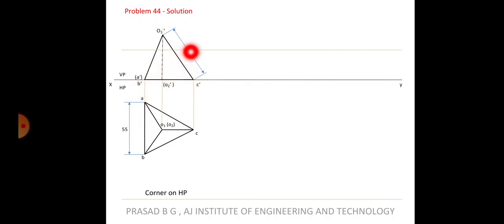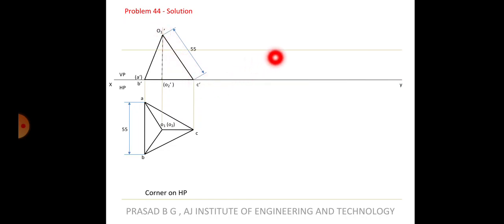So I will have to tilt it towards the right side, keeping C dash on the XY line. I have to keep C dash on the XY line and draw the object like this. The triangle will come like this, isn't it? Sorry, like this, with C dash here. Which is the edge containing the corner? This is the corner on which it is resting. So the edge containing the corner is O dash C dash.